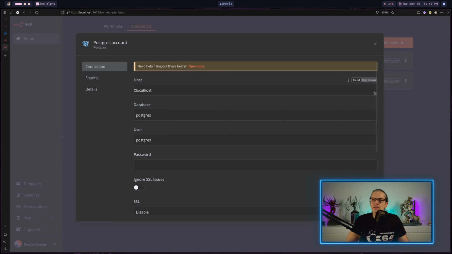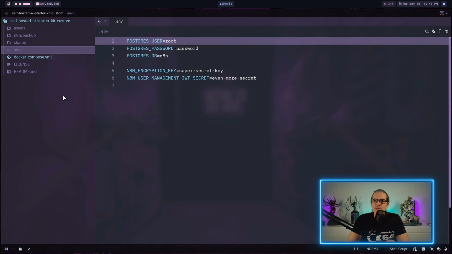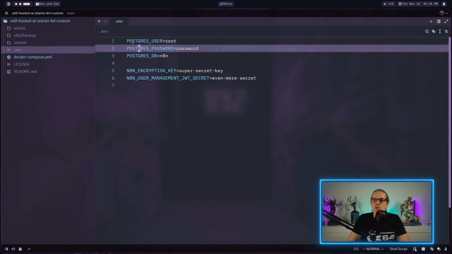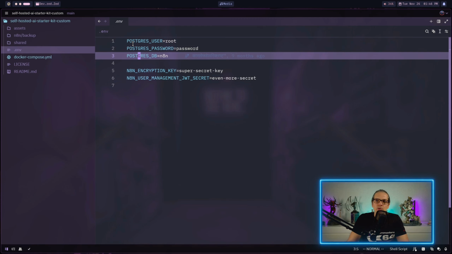And now we need these values here. And as I said in the first video, Postgres is part of the n8n AI starter kit, and therefore we can just have a look at our code repo here. In our self-hosted AI starter kit, we have a .env file, which is an environment file, and this file holds our default credentials for the AI starter kit. So all the data we need to set up the credential in n8n are here. Here we have our Postgres user, which is root, our Postgres password, which is just password, and the Postgres DB,